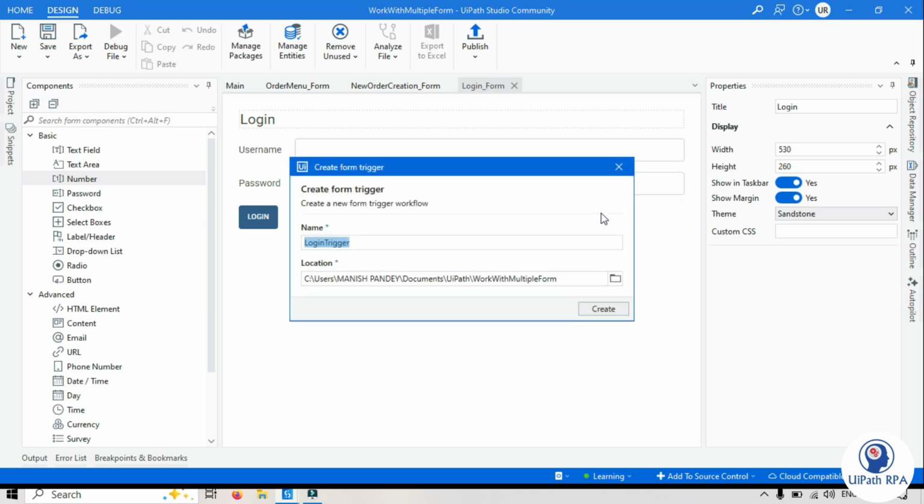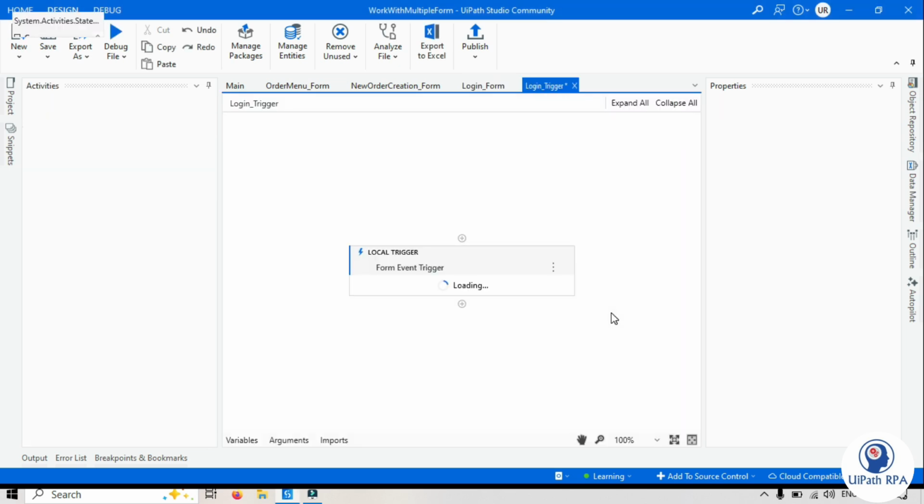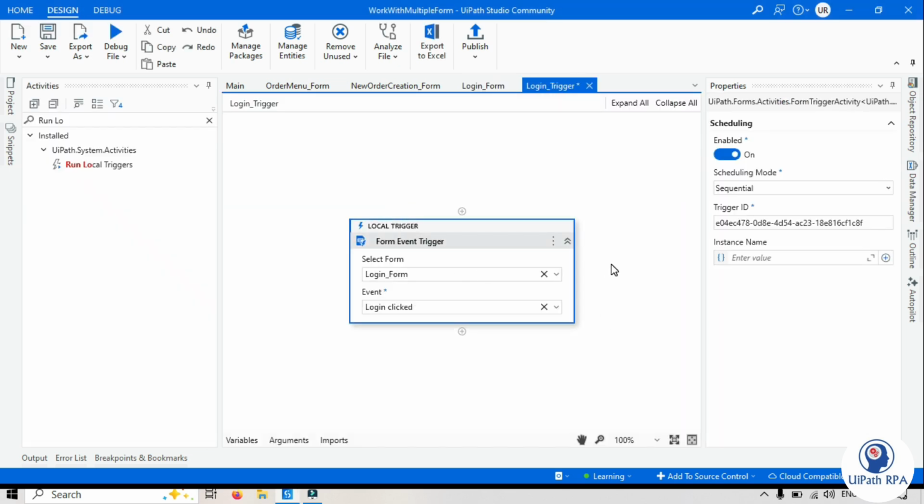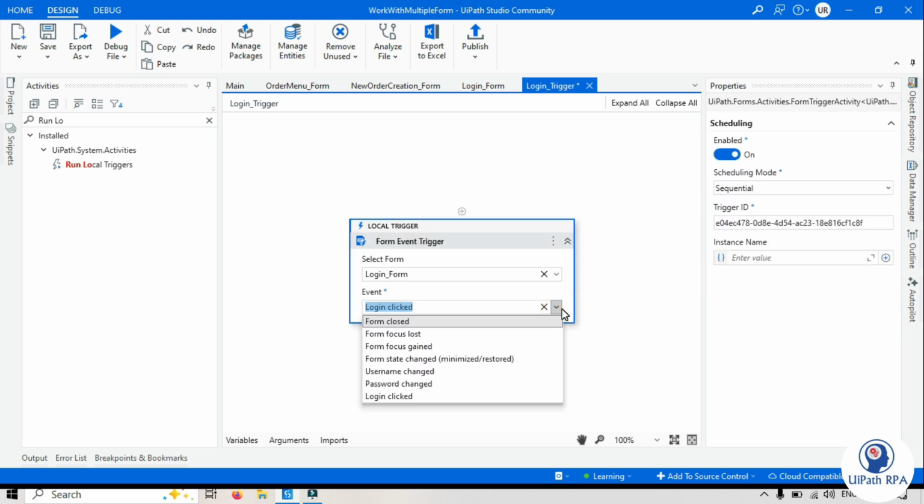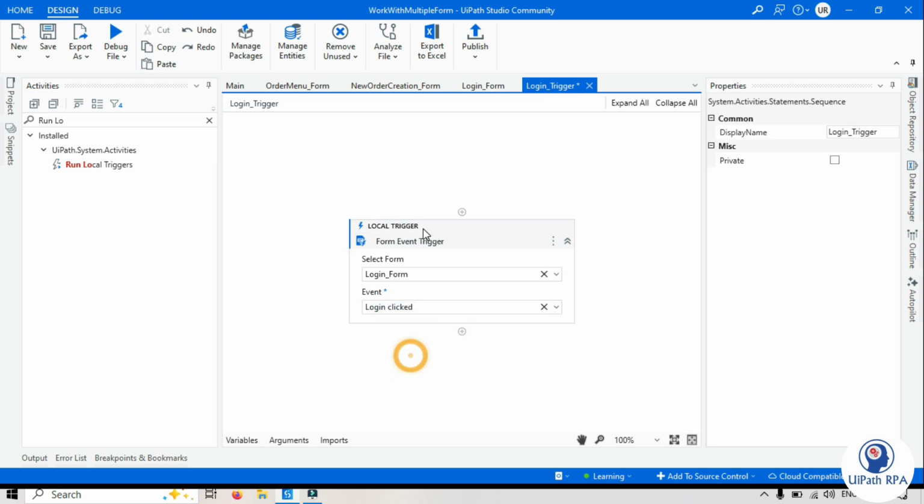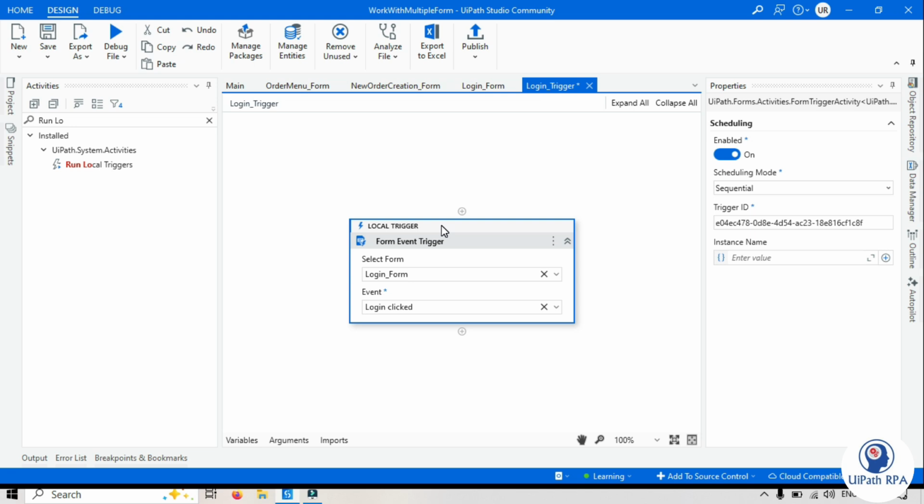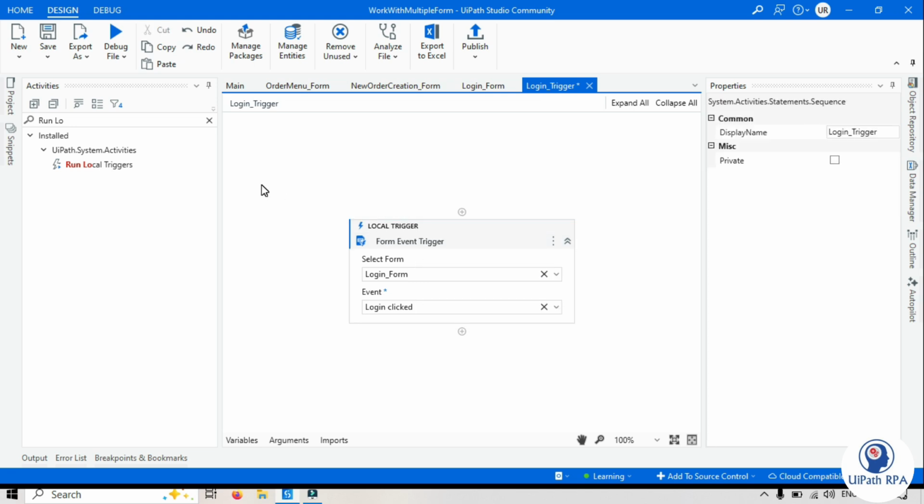Create trigger. This is for login trigger. Okay, now here you can see we have login form and then we clicked on that button, so it says login clicked event. Now once that user clicks on login button, I want to show a pop-up that login